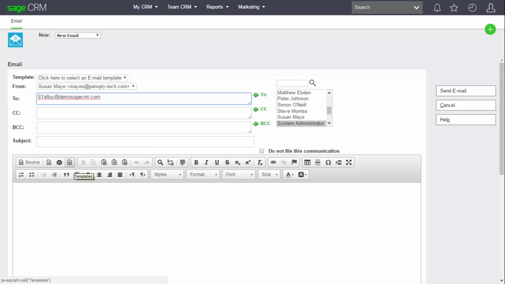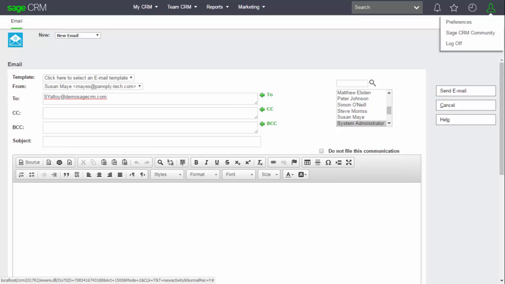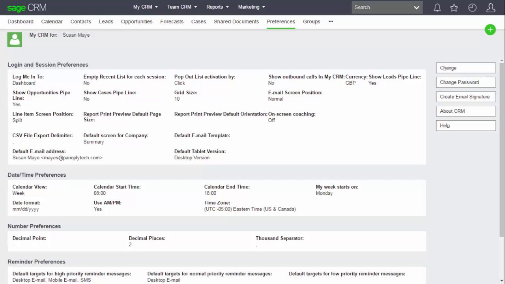In addition, we've added the ability for individual users to create their own email signature, and this can be overridden by the system administrator. The users can now create their own signature for emails without the need to be an administrator or an info manager, and all the user needs to do is to go to Preferences and then find the button which says Create Email Signature.